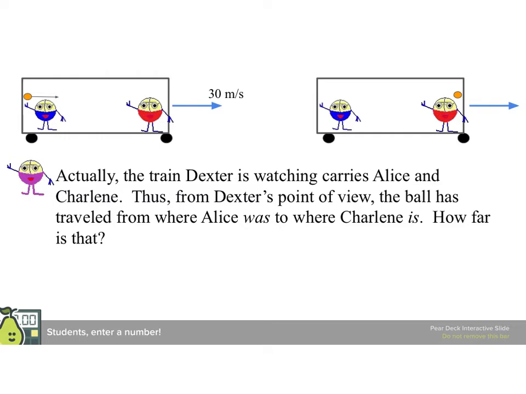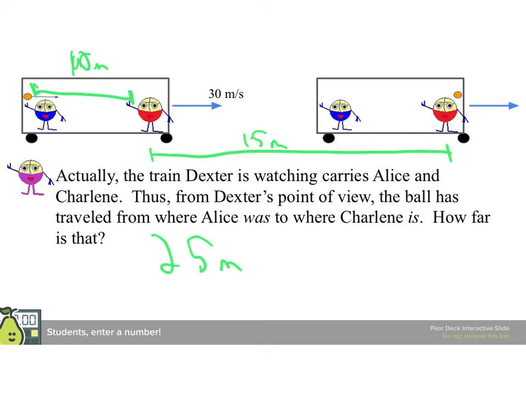And we can see that it traveled 25 meters. It went the wall, if you want. Charlene moved, as we said before, 15 meters, but the ball had to cover this distance as well, and that was 10 meters, so the grand total is 25 meters. Really nothing deep going on here, nothing weird, but we've already introduced kind of a weird shift because now the distances are depending on who's measuring them, and that's going to tell us that there's something interesting going on.